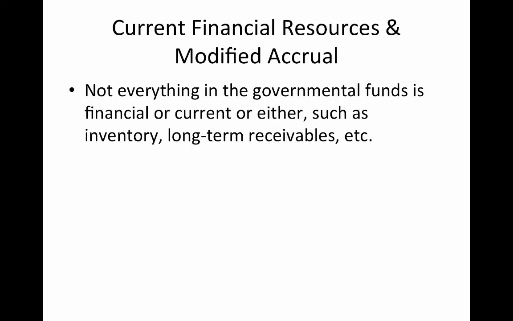In looking at the governmental funds and modified accrual and current financial resources, you will notice that not everything that you see in those funds is in fact financial. There is, for instance, inventory quite often, and not everything is current. You will sometimes see some notes that aren't maturing for more than a couple of years, like tax anticipation notes or revenue anticipation notes, known as TANs and RANs. You may see some long-term receivables, if a government has a revolving loan fund that it reports among the governmental funds. The reason for this is that